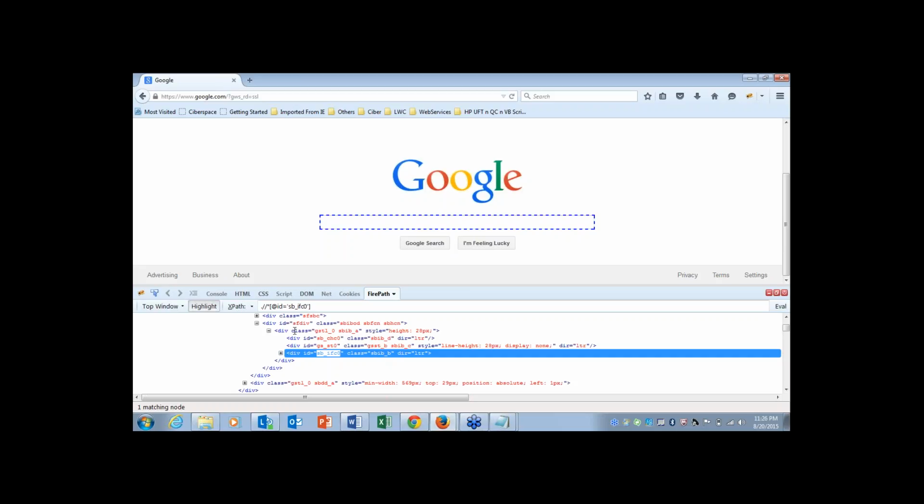In a sense, for this section or division, this is the unique ID or unique number for this element. Then you can ask, how can we know whether it's identifying by ID or something else? That's why I'm telling you about Firepath. When you move your cursor and click on that, you have to look at the way it is identifying. If it is identifying like this, at the rate id equals to so and so, then